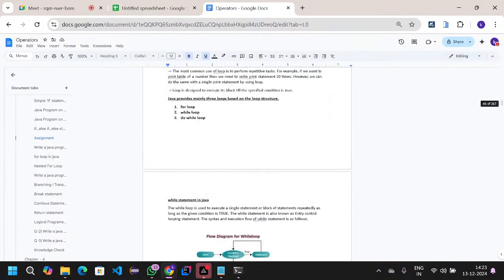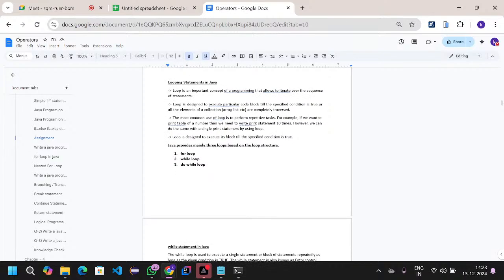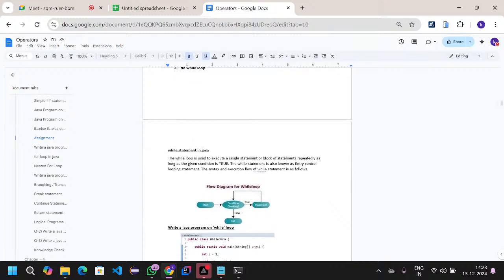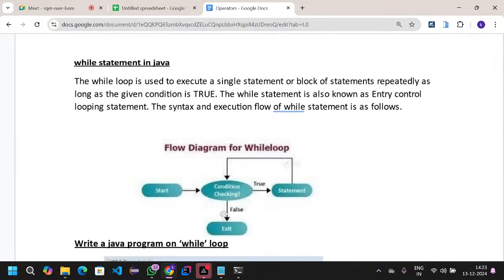Yeah, these are the looping statements we have. We are discussing the while block. So this is the flow diagram. The flow diagram is,